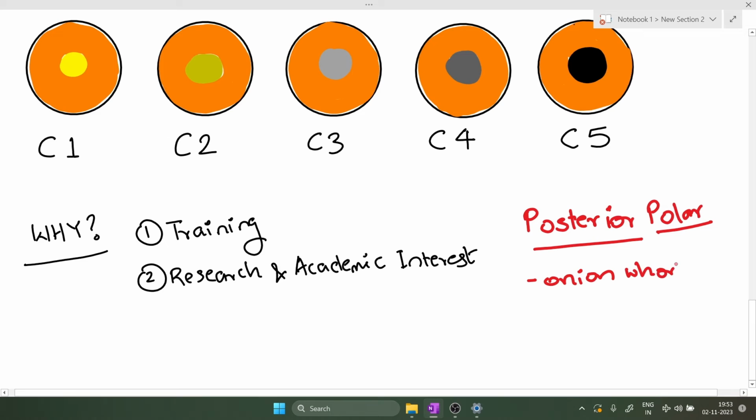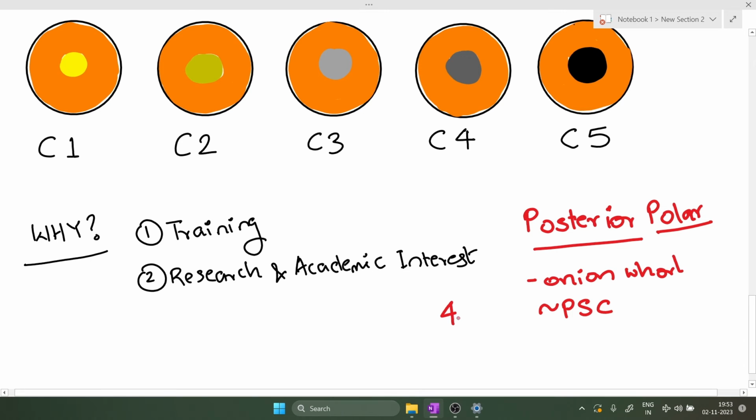It is very easily mistaken with a posterior subcapsular cataract. The difference is that a posterior subcapsular cataract does not involve the capsule. It is subcapsular, just beneath the capsule, whereas a polar cataract involves the capsule. So you need to be extremely careful when you're performing cataract surgery on such patients, because the posterior capsule is